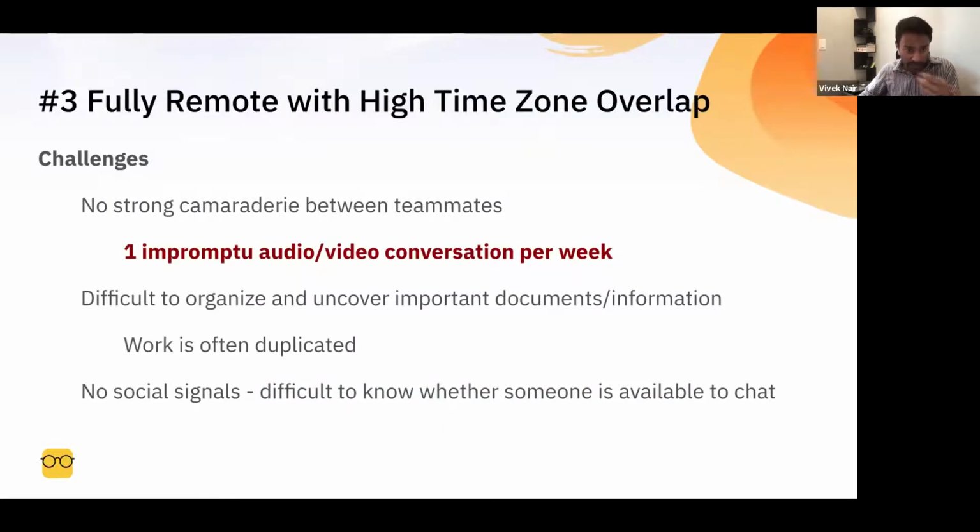On top of that, some of the challenges that you might experience with a fully remote team with a high degree of overlap is that it's hard to build camaraderie with teammates. Something that came up over and over again in our interviews with remote teams is how little impromptu audio video conversation was happening.